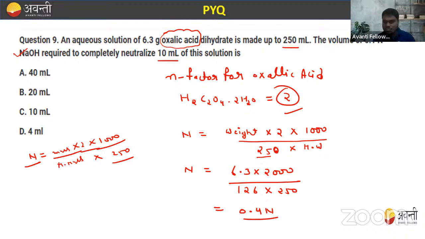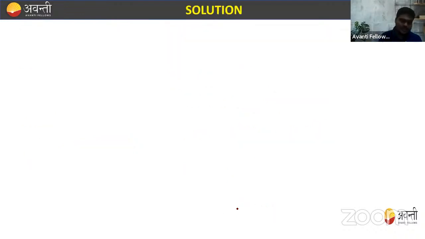So here the N factor is 2 and multiply by 1000 upon molecular mass. So this is how we can calculate the normality. By putting the value, you'll get normality is equal to 0.4 N. Now,